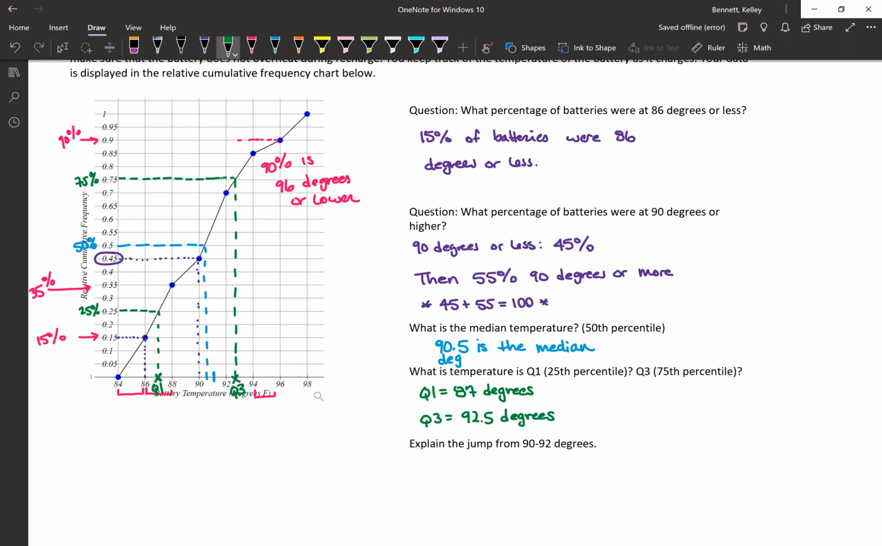The last question is asking about the jump from 90 to 92 degrees. So I'm looking here. So this is the steepest line segment that we have. And basically, when you have a very steep line segment, that means that you're experiencing a lot of growth. So a lot of data was accounted for when we went from 90 to 92. So what you could say is that